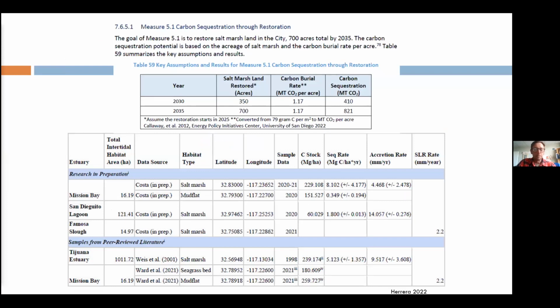One more slide. And finally, some tables and charts. These are 2. The top one is the one from the EPIC report, which was just on the other slide. And the bottom one is preliminary data from research that's going on in Kendall Frost Marsh in Mission Bay, as well as some other places. So this is preliminary research.